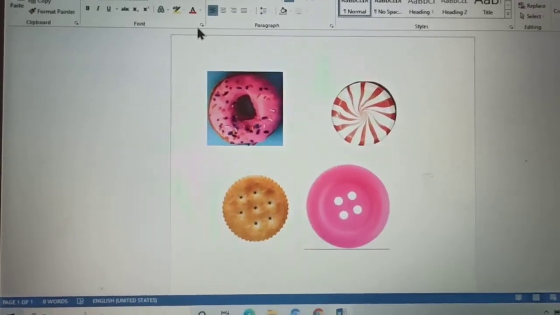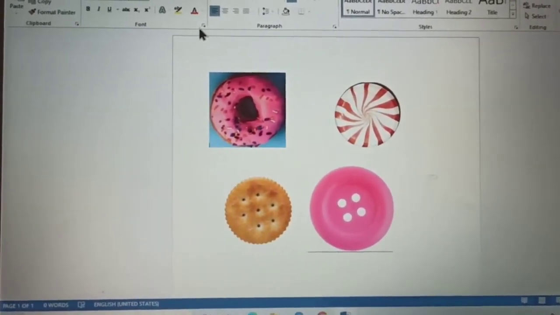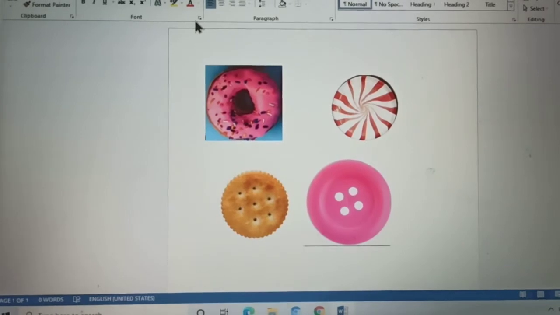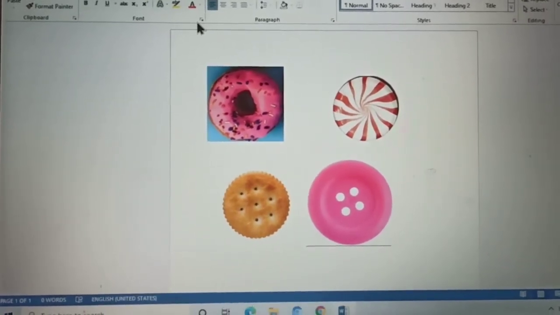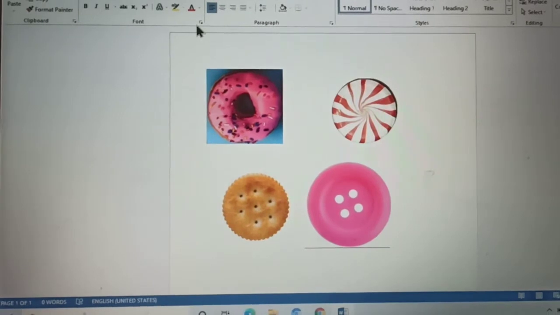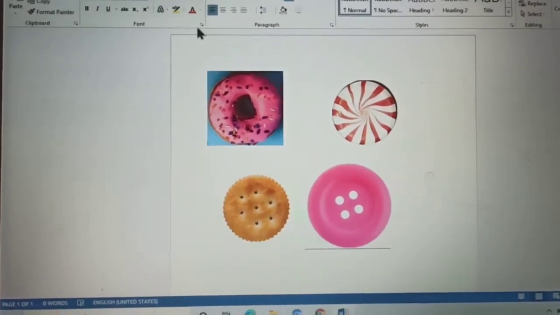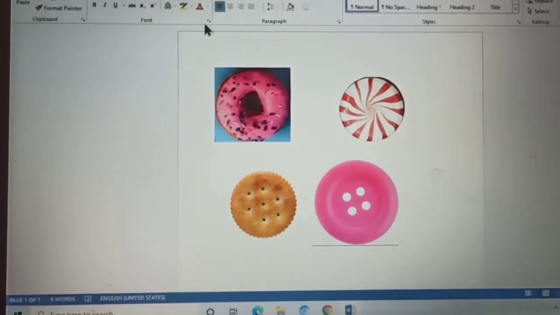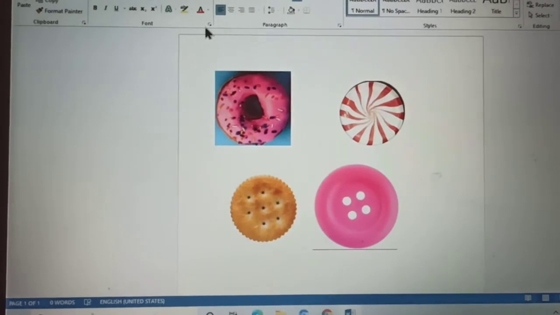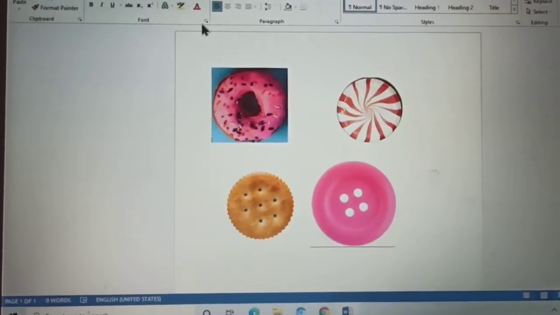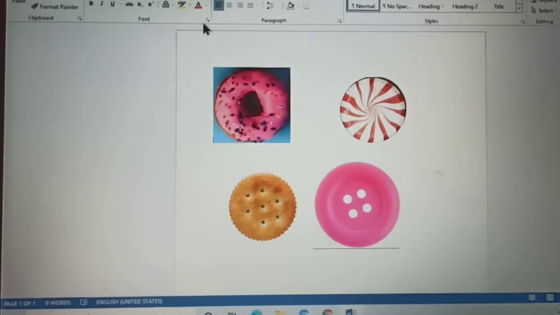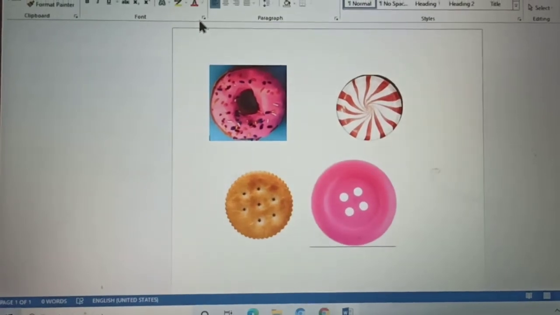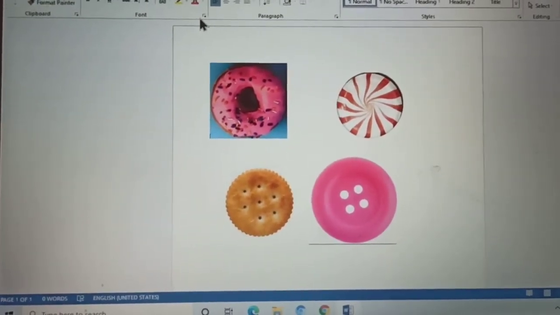Wow, what is this? All eatables? No, this is an example for circle shape. Look at here. What is the first one? It is donut. How does it look? It is in round shape, right? Circle. What is the second one? Candy. And third one, biscuit. And the final one is button. Look at each and everything. How does it look? It has no sides and it's round in shape. Right? It's circle in shape.